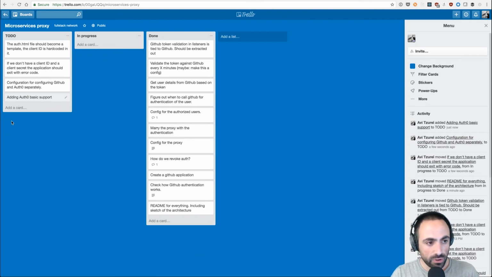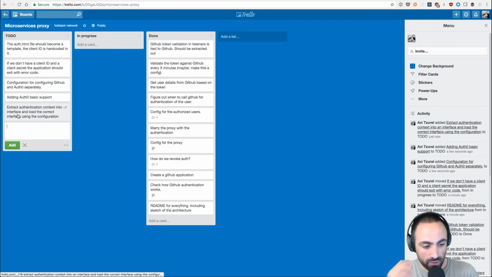Awesome. So in order to add Auth0 basic support, what we need is to extract the authentication context into an interface and load the correct interface using the configuration. All right.